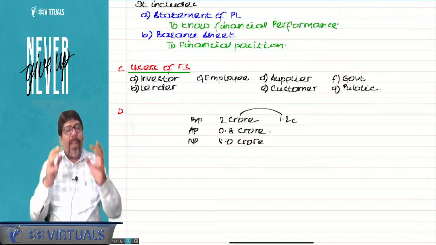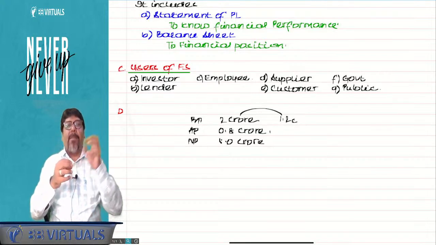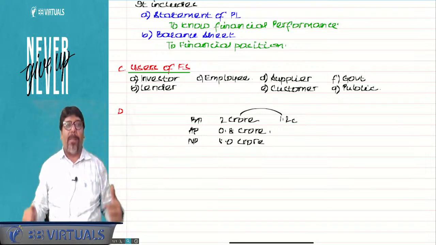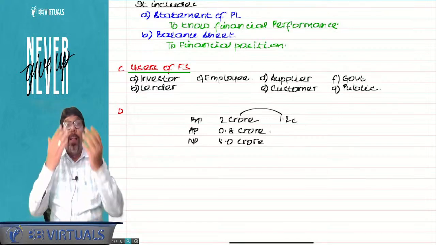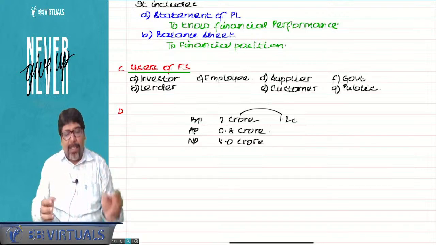So how do they find out our performance? Anybody finds out performance by comparing with others and comparing with their past performance. Am I clear? So users of financial statements also see financial statements to compare them with other organizations, like Berger